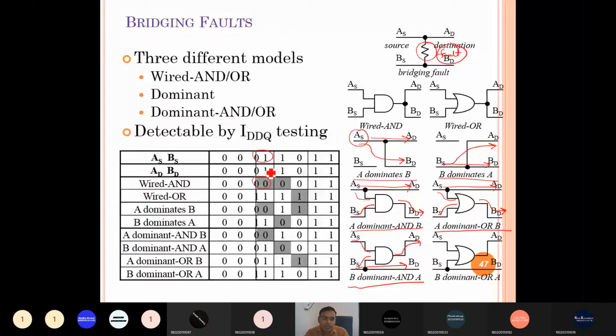So we can detect a wired AND bridging fault through this test pattern. Here you can see these are the different outputs compared to the fault-free output, so we can detect it. Now in this case, B dominant OR A, for any input you cannot differentiate the output, so it is not detectable.